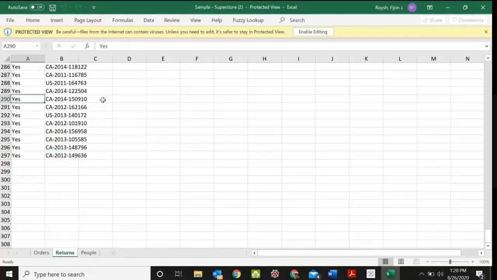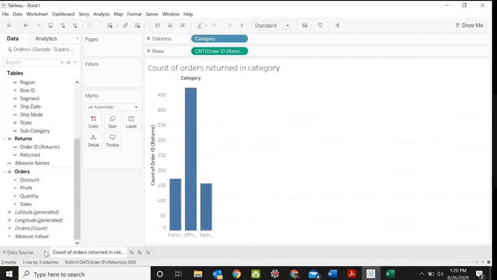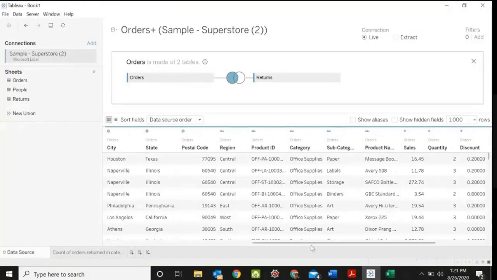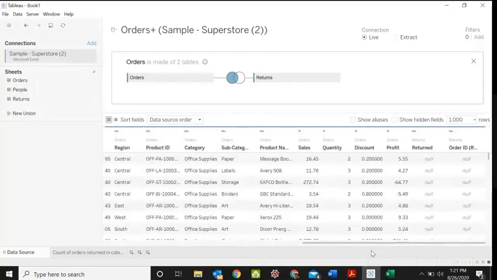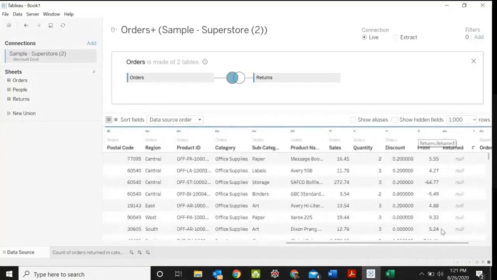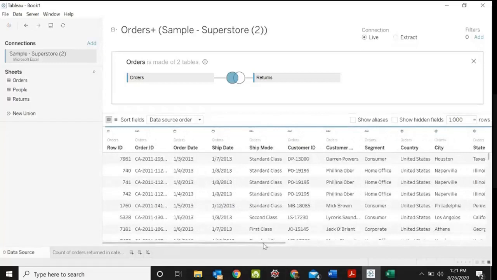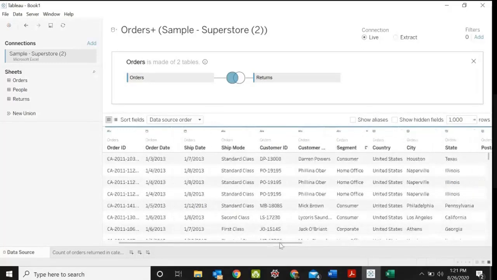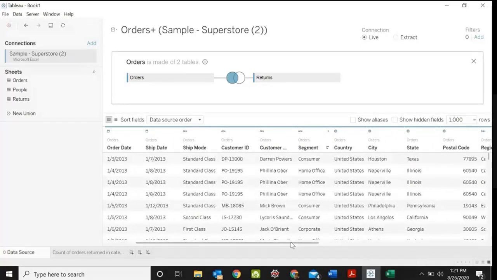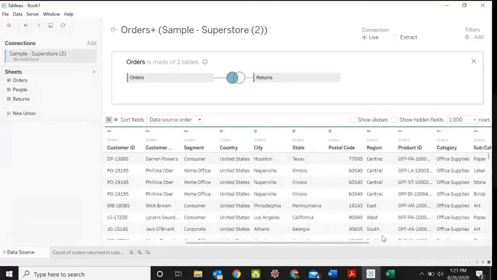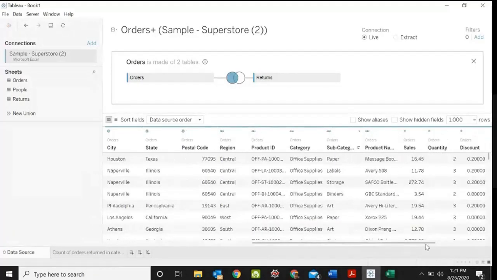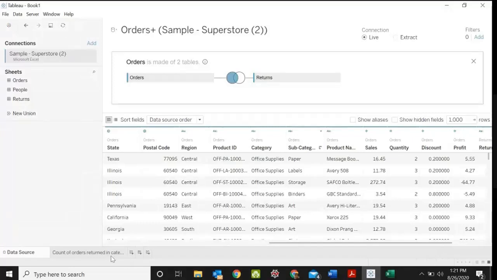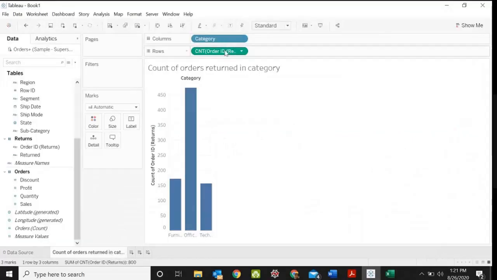So if you want to find how many products are returned for each category, this is your table with the returned information, and you can just use count of order ID as the field. This count of order ID will give the details regarding the number of orders returned.